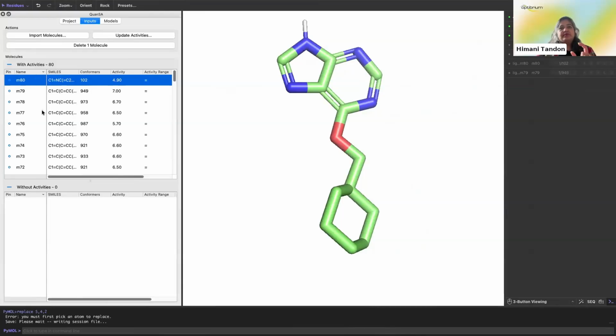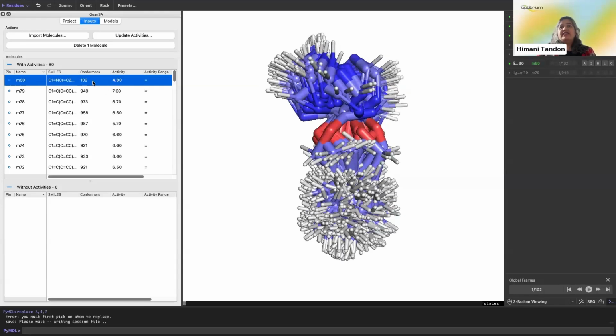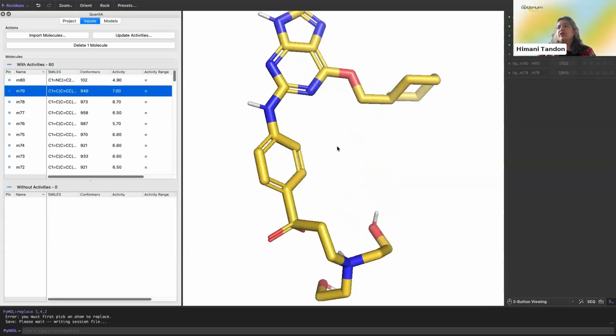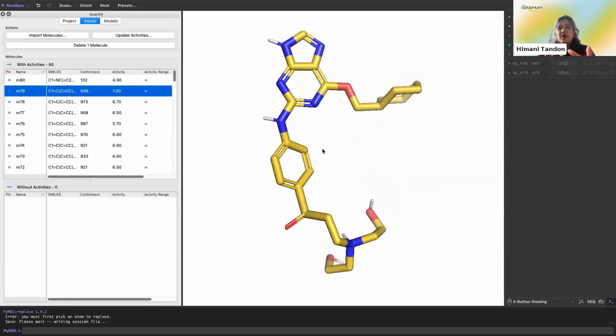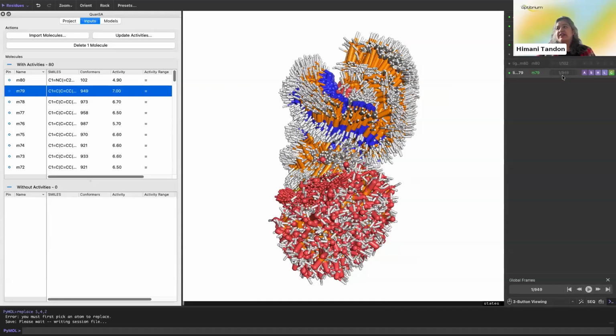So after the processing and the ligand preparation step is complete, you can see that the molecules are now listed here with all the activities and the number of conformers that it has generated for every molecule. And we can actually start exploring it. So if we look at this molecule M80 here, this is the structure. And if I want to look at the whole conformational ensemble, I can just enable it, load it, and then see that this one has 102 conformers enumerated. And if I go to the next molecule, which has visibly more rotatable bonds and is more flexible, and if I load the conformational ensemble for it, we can see that it has identified about 950 odd conformers for this.